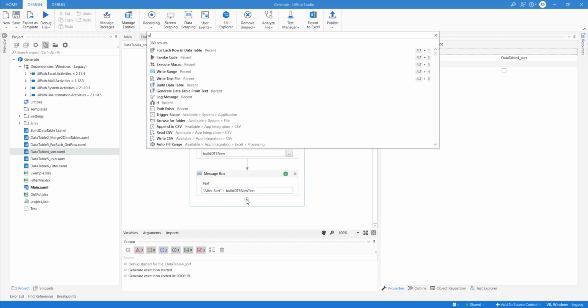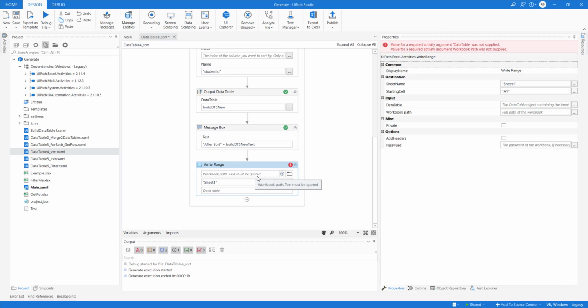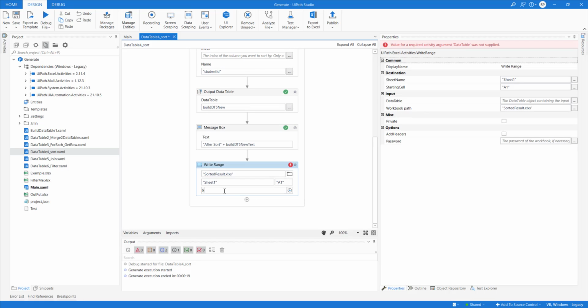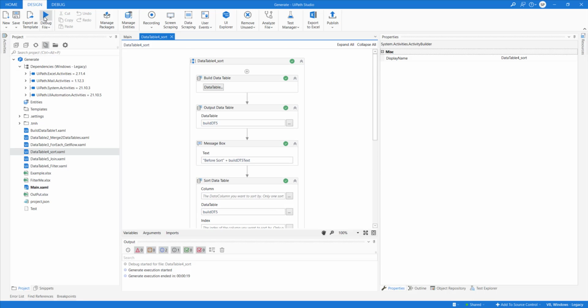Now if I use a write range activity, I'll give the workbook path as sorted result dot xlsx, the sheet name we need to write, and the data table is build data table 5 new. Save it and run it.